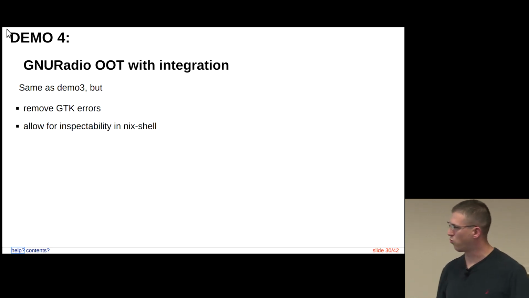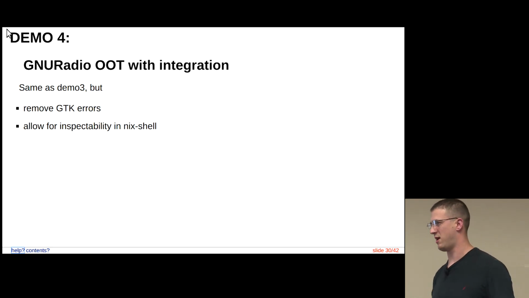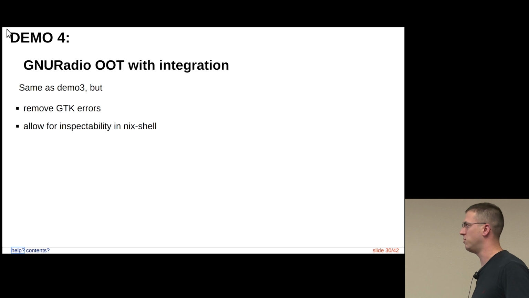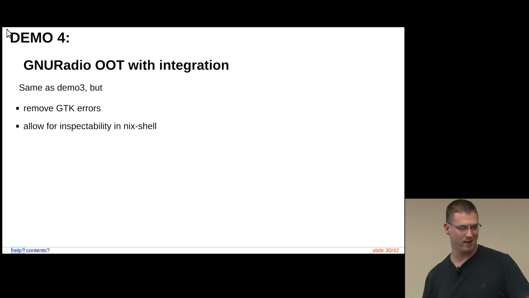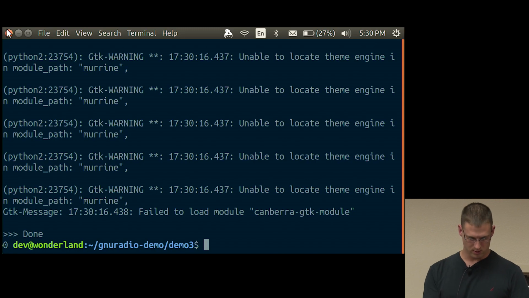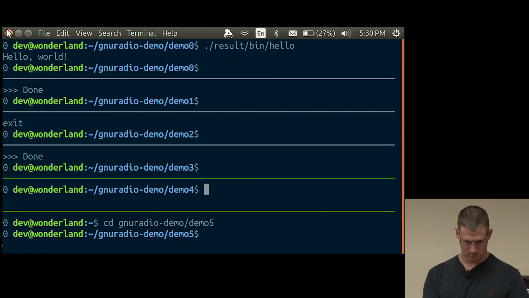That's good, but there were a lot of warnings and errors, things that I was not happy with, and this also showcases a little bit of flexibility. There are GTK errors and other issues, so what you can do is add